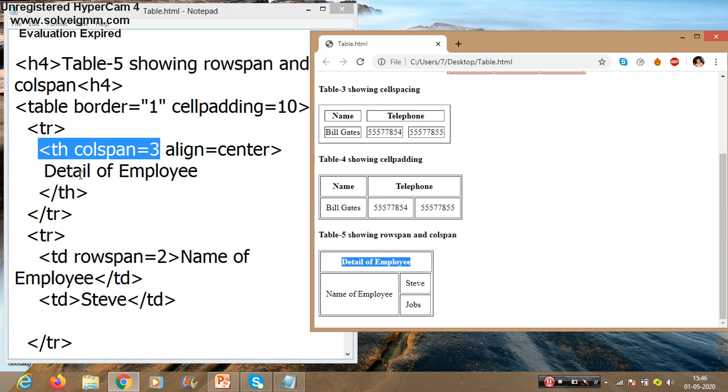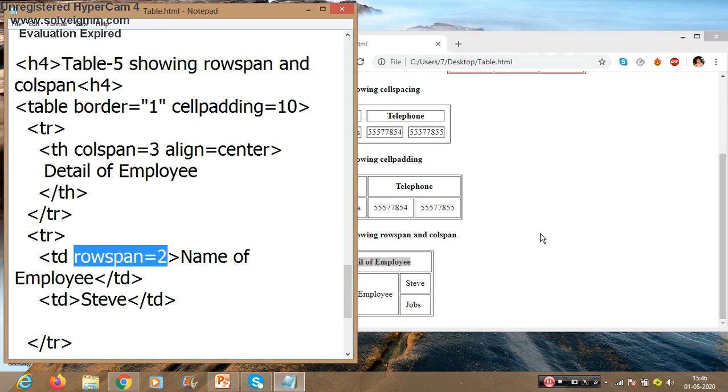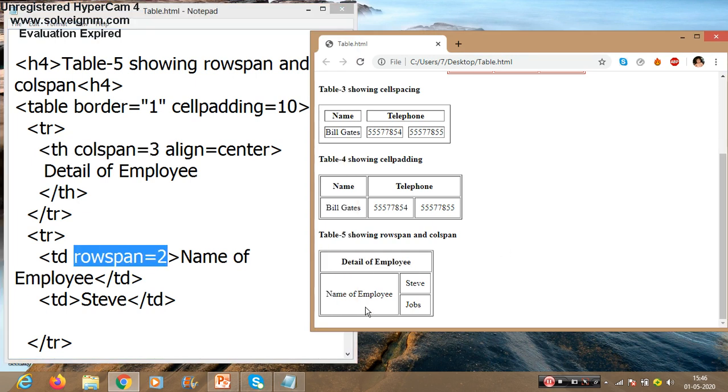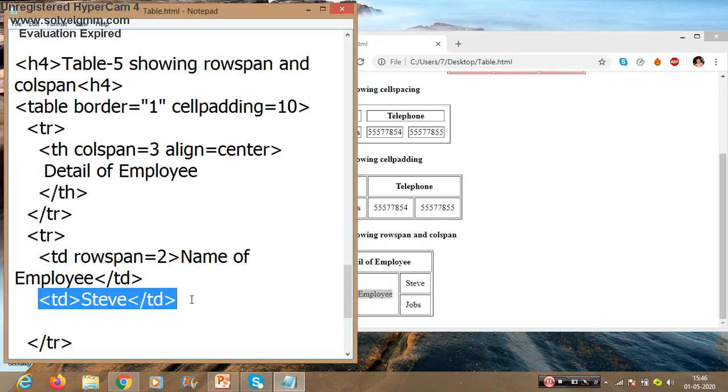And I have entered the detail of the employee. Then close the table heading. After that, table row is started. Then we have combined 2 rows. Here you can see the 2 rows are there, and I have put the name of employee here. In the next, I have written the table data of the first row.